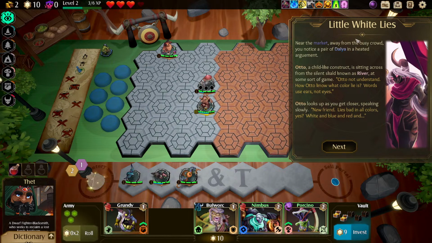Otto and River. Okay. Near the market, from this crowd, a pair engage in a heated argument. Otto, a childlike construct, sitting across from the silent skald known as River. Some sort of game. Otto not understand. How Otto know what color lie is. Words use ears, not eyes. Oh. What did he just say? How Otto know what color lie is. Words use ears, not eyes. Okay. Otto looks up as you get closer, speaking slowly. New friend. Lie is bad in all colors. Yes, white and blue and red and...